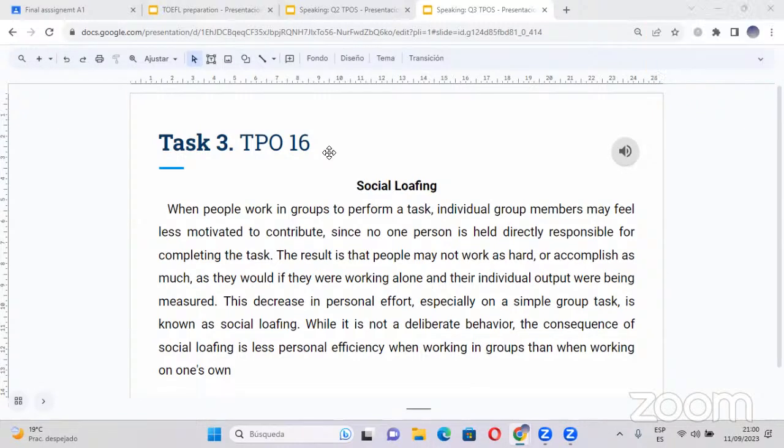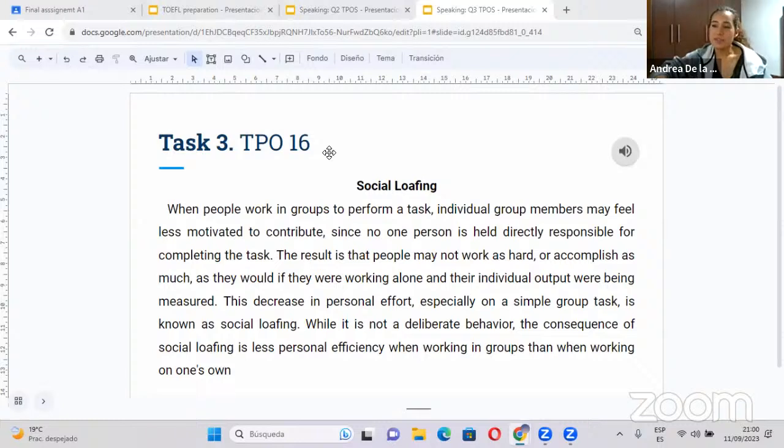I think task 3 is more complicated than task 2. Yes, it is a little bit because you have to connect the ideas to match. It's about classifying the information really well. Task 2 is just summarizing. So there's not much to do, just summarize. But in this case, you actually have to explain the concept with the example. So in a way, yeah, I would say that it's a little bit more complicated. But everything is just a matter of practice. And I think you guys are doing a good job. You are showing progress. Just manage your time a little bit more, do some grammar reviewing, but mostly practice.